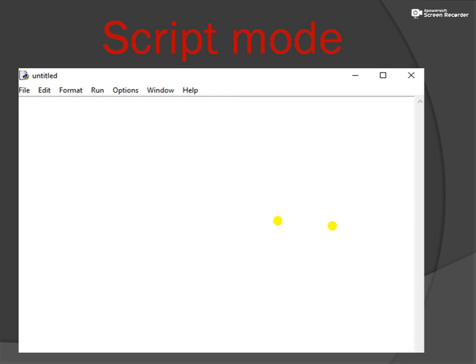So students, script mode is used when we need to write a lengthy program. Whenever you want to develop a program using a number of instructions, you can use script mode.